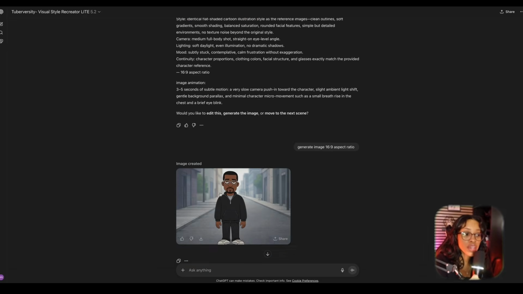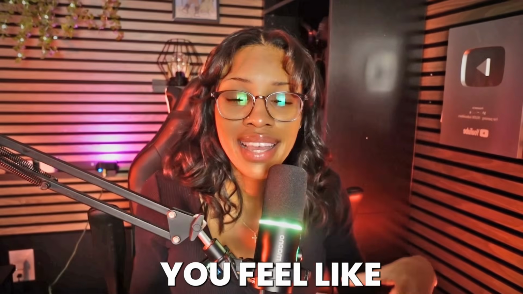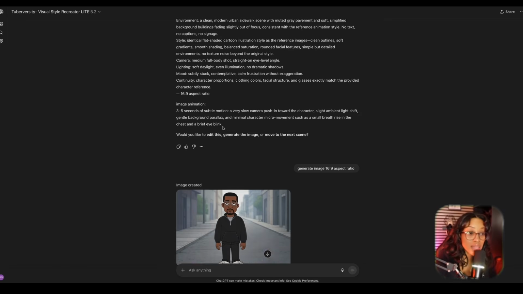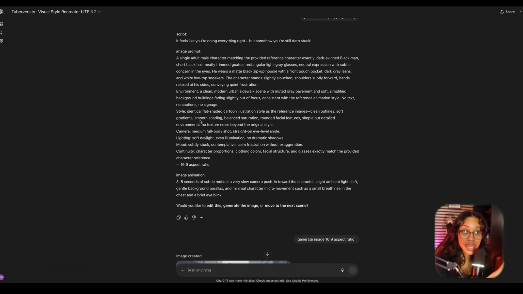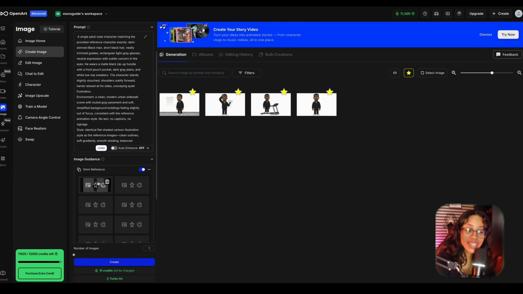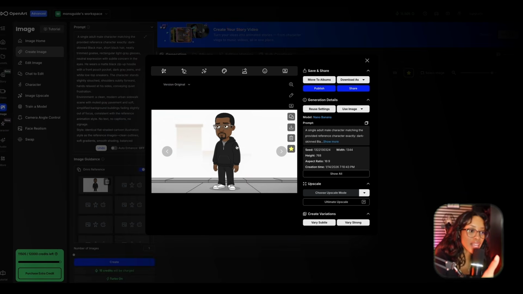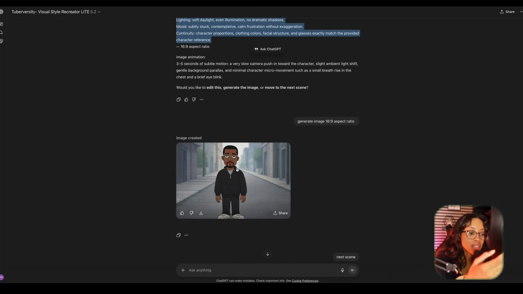If you don't want to generate it in GPT because perhaps you don't like the way the images look, you feel like the consistency isn't that great, then you can also take that same information and generate your images in Nano Banana using the same prompts. With the character reference, you would receive an image like this. So whether you want to create your images using Nano Banana and the precise character reference, or simply use the